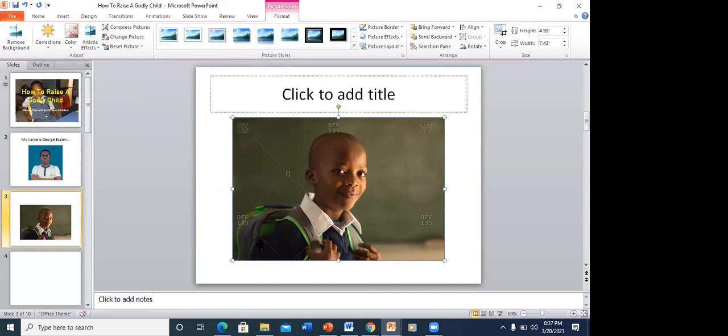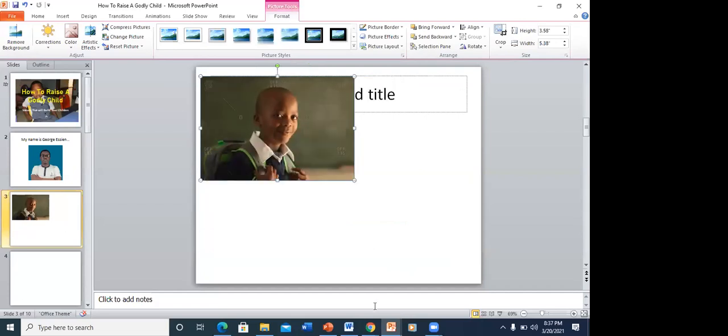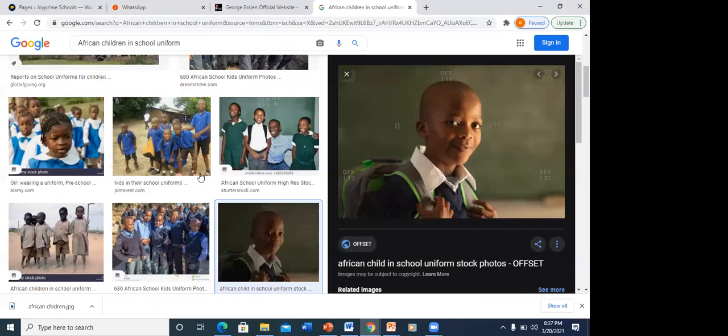Here's another way to add a picture. I can reduce the size of this. The beautiful thing is that you can actually copy the picture straight. Let's click on this beautiful one.